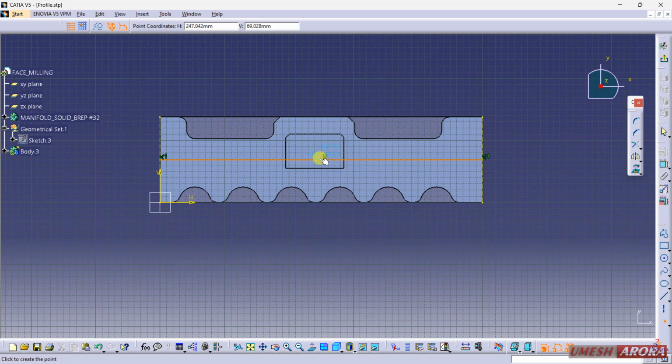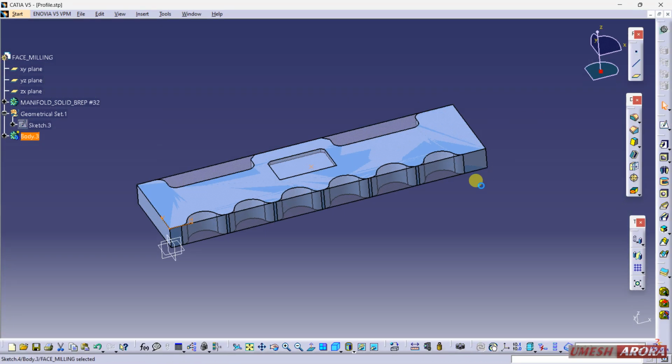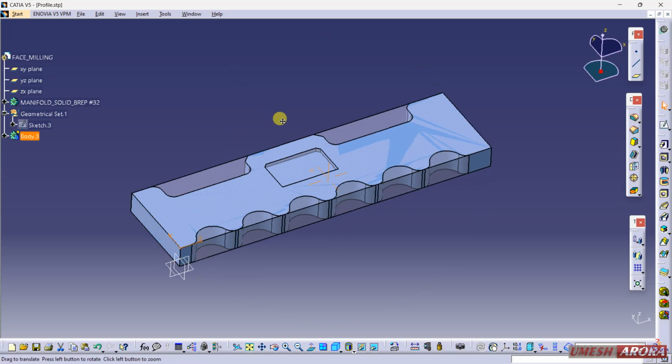The point is exactly the middle of this line. Now select this line, make it reference. Okay, so part and the stock both are defined now.